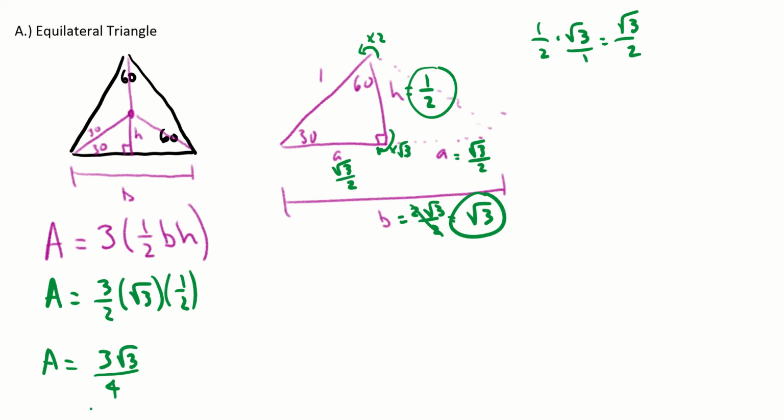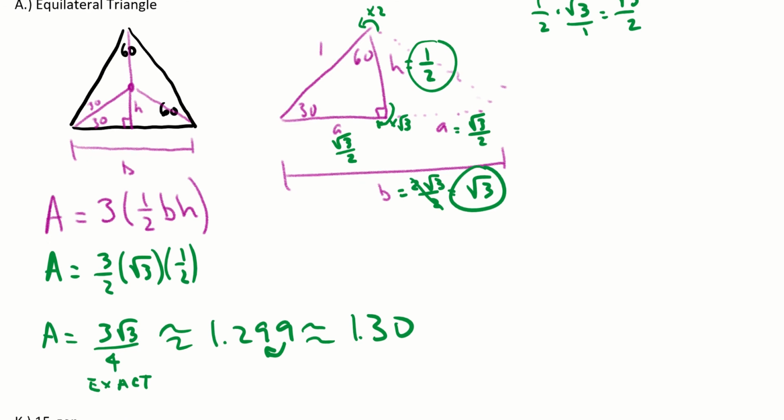So this is an exact answer, right? And they asked us to round to the nearest hundredth, so I'm just going to use my calculator. I'm going to do 3 times root 3 equals, and then divide that by 4, and I get 1.299. They wanted me to round to the nearest hundredth, so this is going to be 1.30,